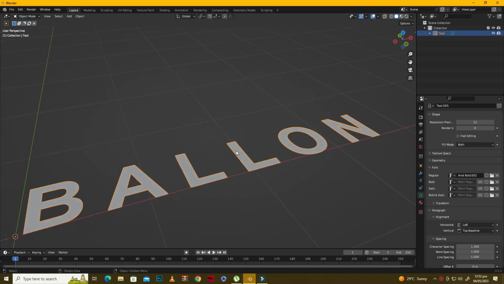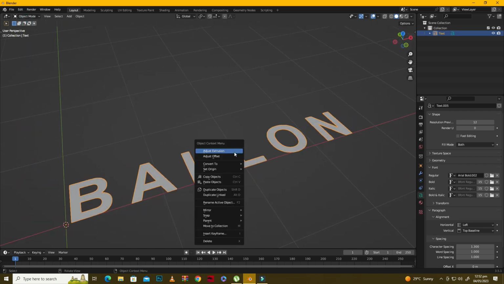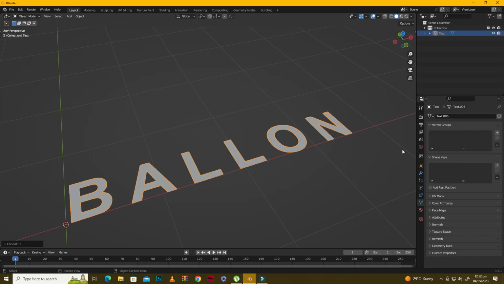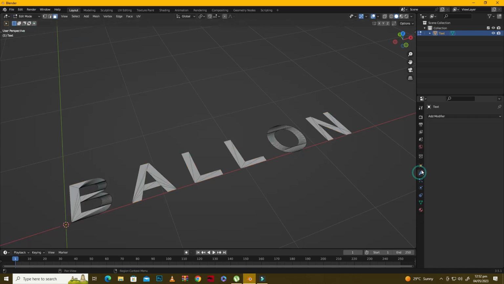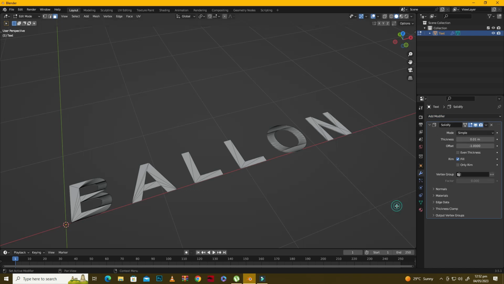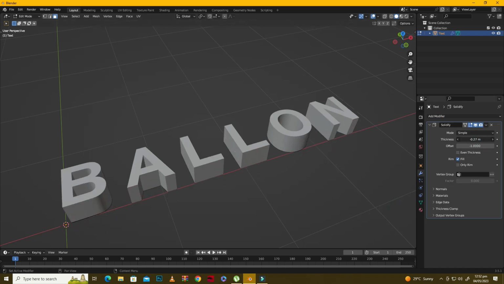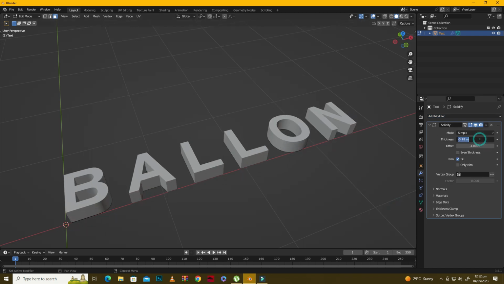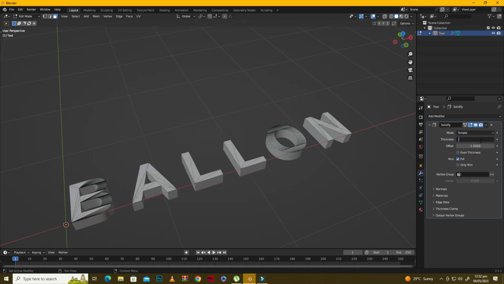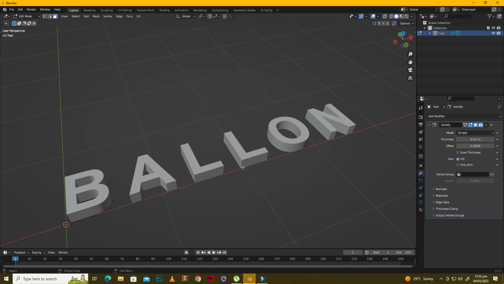After that, convert this text into mesh so that we can solidify it. Make sure that you do not use extrude command here, as it leaves empty parts beneath the text. So solidify is best for this. After choosing the solidify height,